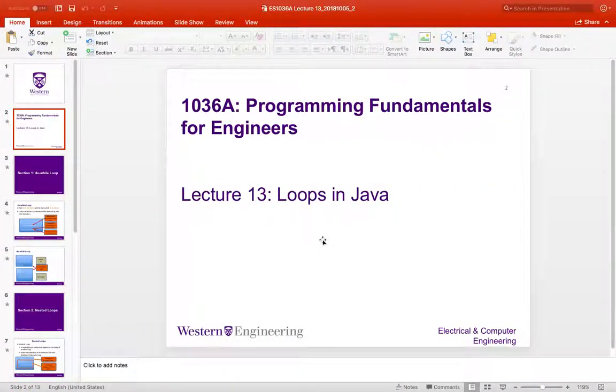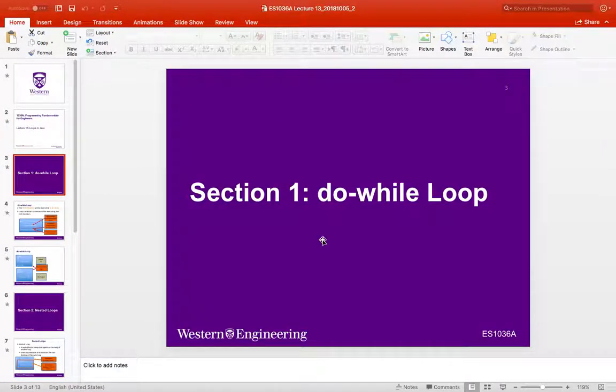Hello guys, so today we will talk about our third lecture on loops in Java. We talked before about the for loop and the while loop. Today we are going to talk about the third type of loop we are covering in this course, which is the do-while loop. For quick remembering of what we talked about in the for and while loops,